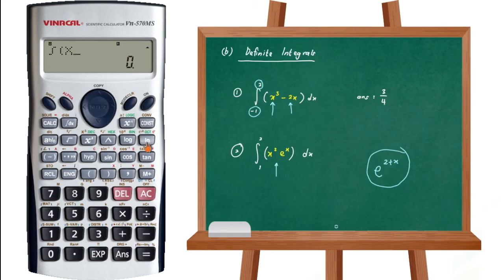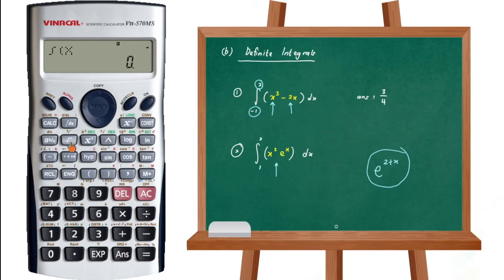Press alpha and then press this button. As when using this feature, we need to use this symbol to indicate that we are going to include the power for e, and then press this open bracket, press 2 plus alpha, and then this button to display the variable x, then press again to close the bracket. So this is how we key in the function for e to the power of 2 plus x using the calculator under this feature. Now let's go back to our question,